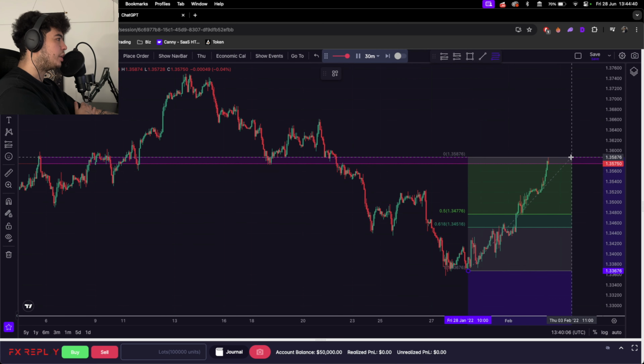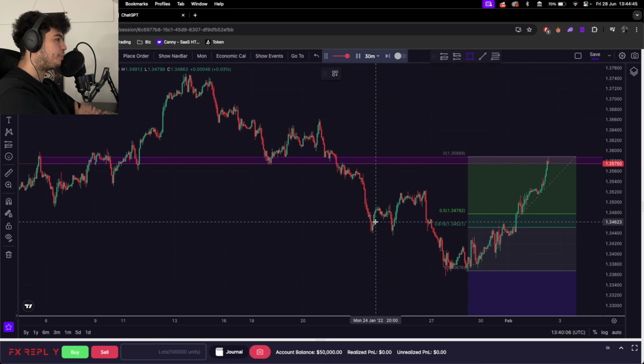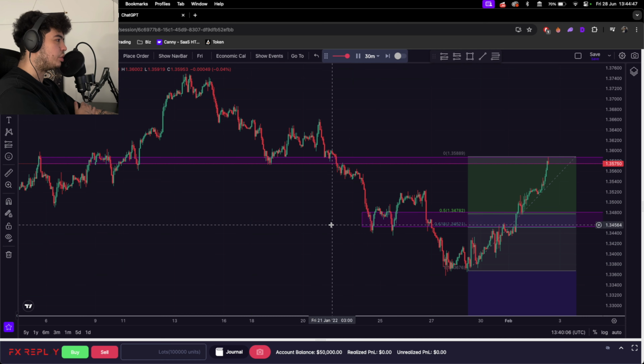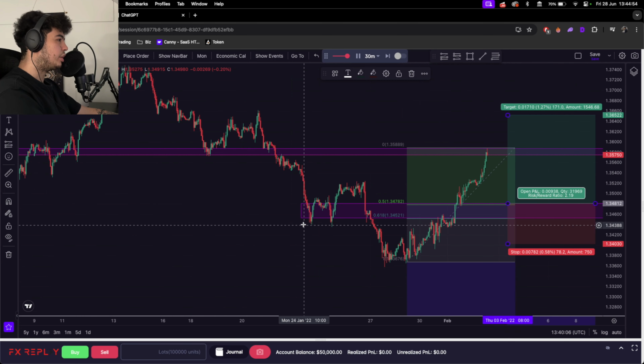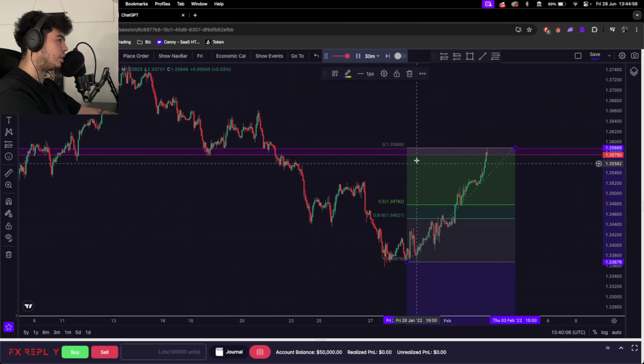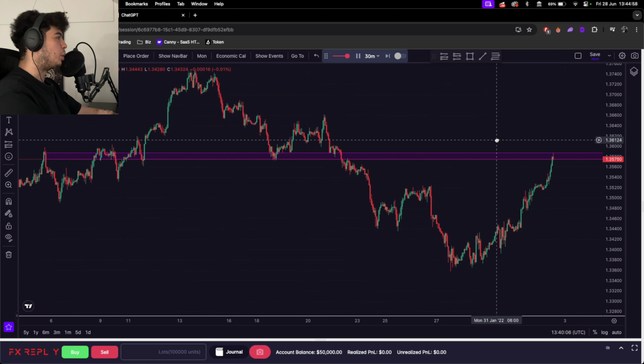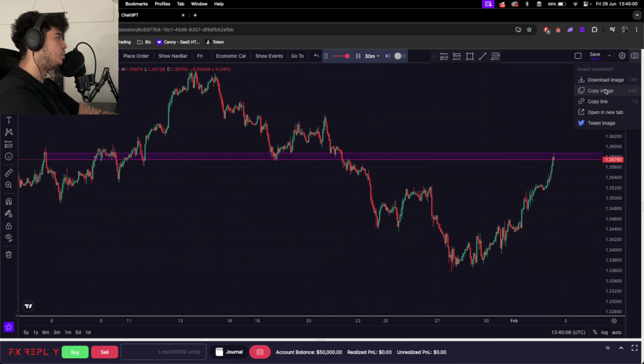So if I was trading this personally, I would want to see a pullback to sort of this level through here, to this golden zone. That's how I would play this, and we would go in for a long, potentially here. Now, of course, this is all hindsight, and well, not hindsight, it's all like backtesting. So I'm not doing proper analysis really, but that's just my 2 cents on this.